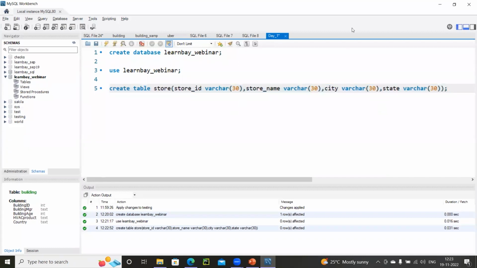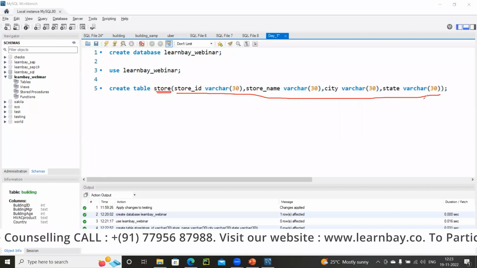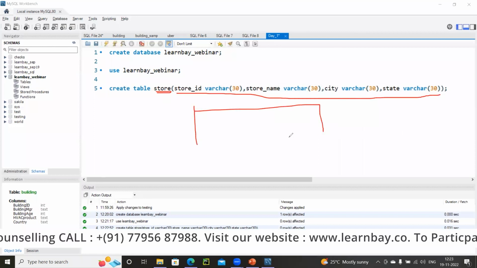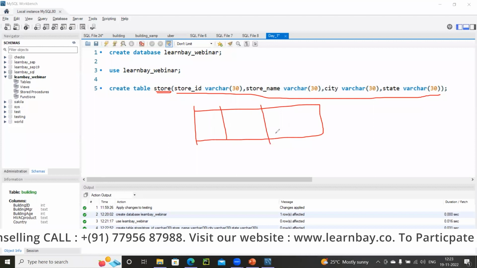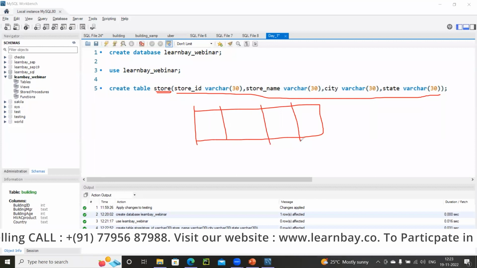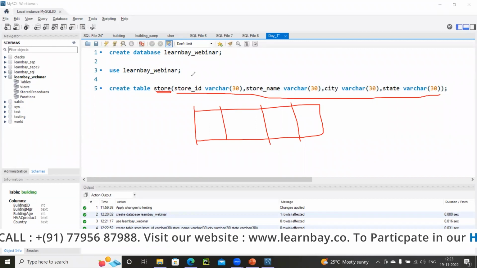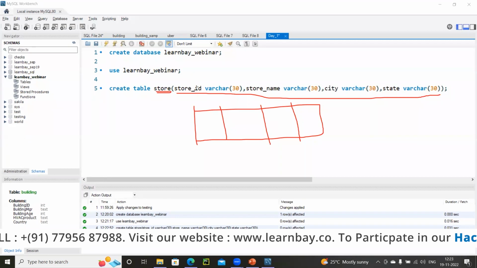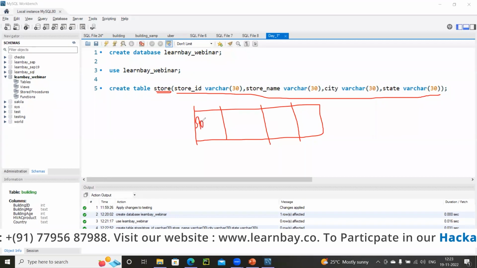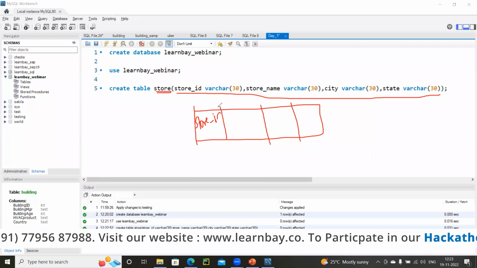Now let's understand what this statement is trying to do. Create table is a keyword which you have to remember. Store is the name of my table, and within it you have to specify all the attributes or columns that you are interested in building. The very first column I'm interested in building is called store underscore ID.